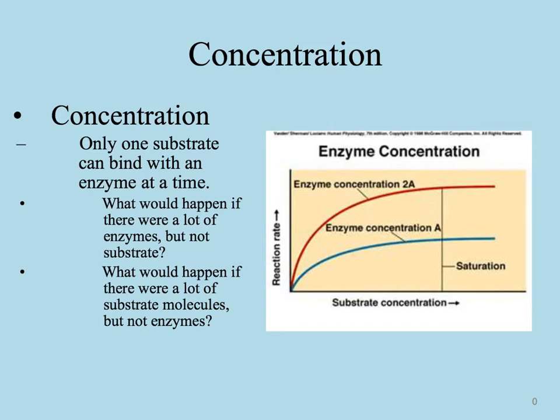So this is a graph showing you how basically this works. You can increase the enzyme concentration or the substrate concentration, and the activity is going to increase until it starts to level off. What we call this area right here where it starts to level off is the saturation point, meaning you're not going to get any more activity out of it because it's not physically capable to do